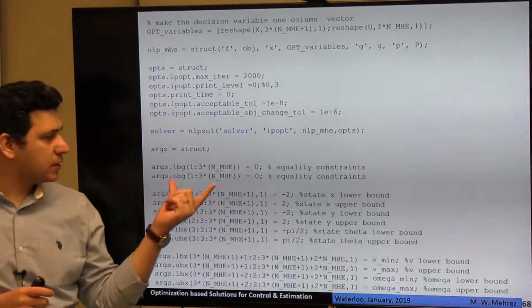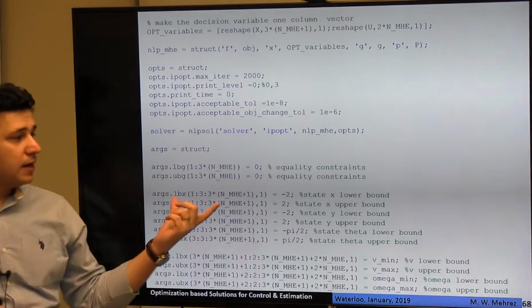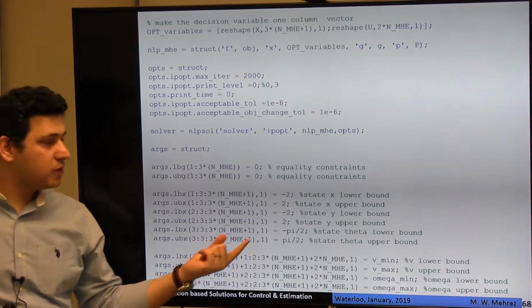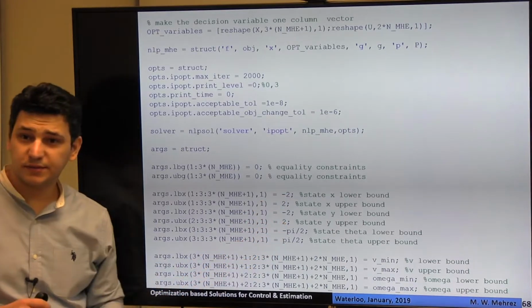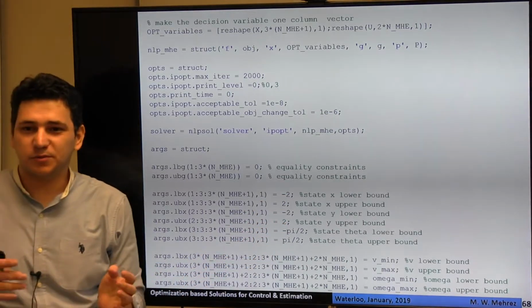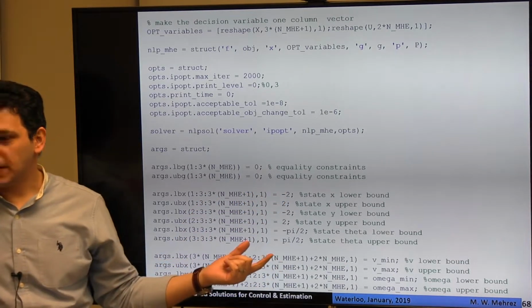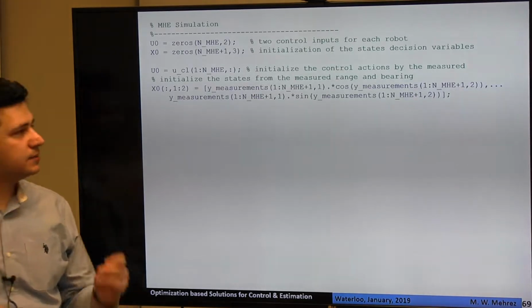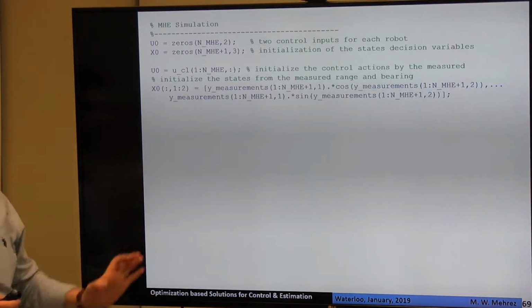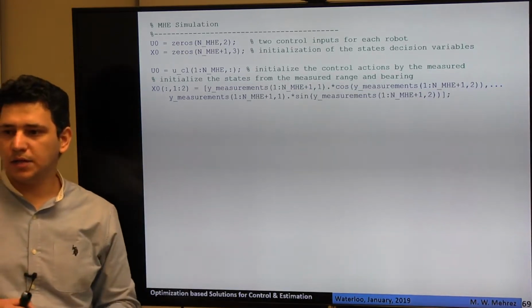So here the first lower bounds and upper bounds are on the constraints, 0 and 0, because those are equality constraints, multiple shooting. Now we will put the lower bounds and upper bounds on the state estimates for X, Y, and theta, because we know that the robot was moving inside this room. So we already know the constraints on the states, right? And again, the constraints on the control actions, right? Okay. And then we will run that. This is the simulation. Now we will call the MHE